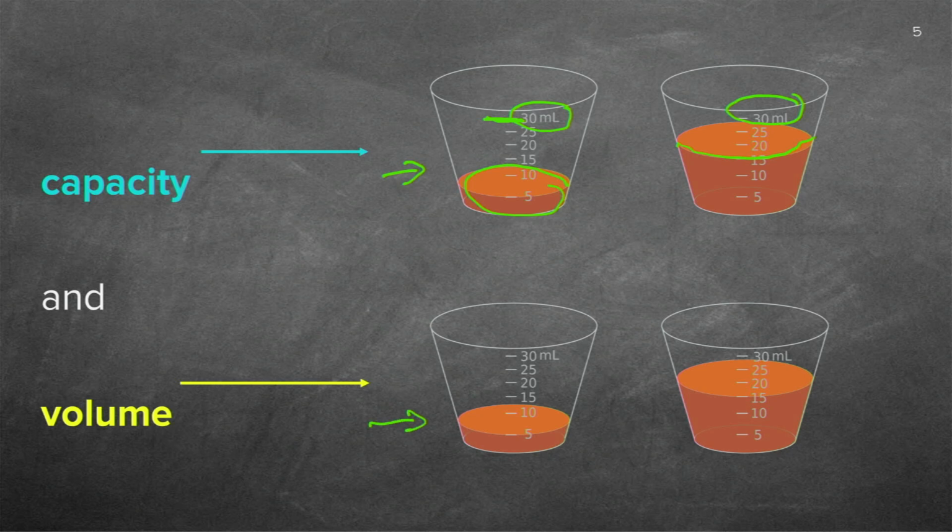Here with volume. Volume again? Yes, it's the amount of space I am using. And here you can see it's up to 5, and I gave the unit there, milliliters. So what is the volume of the first glass container here? 5 milliliters. And here I will see, there's my line, the volume will be 15 milliliters. Here if they ask you what, at the top, what is the capacity? You would have written down 30 milliliters, and for this container as well,